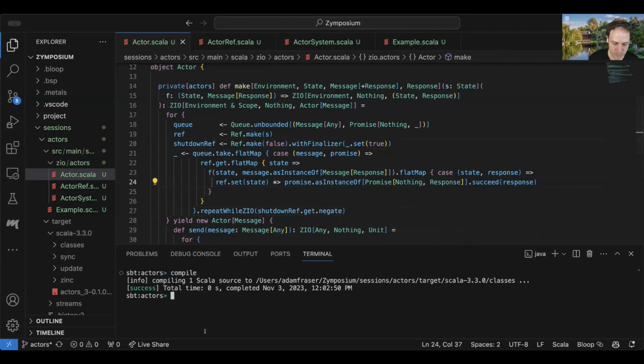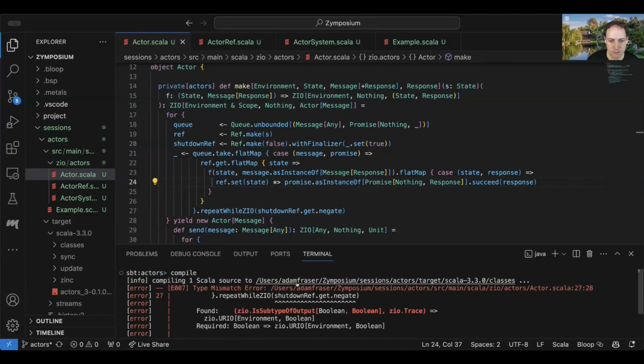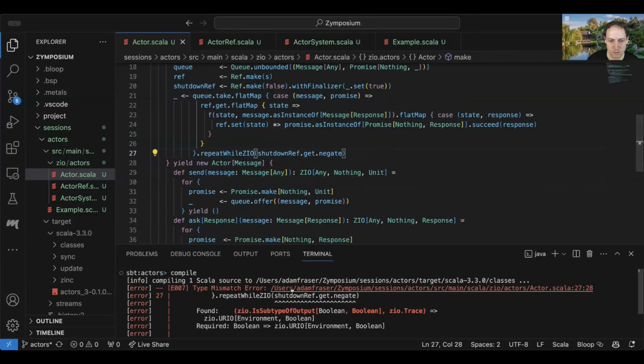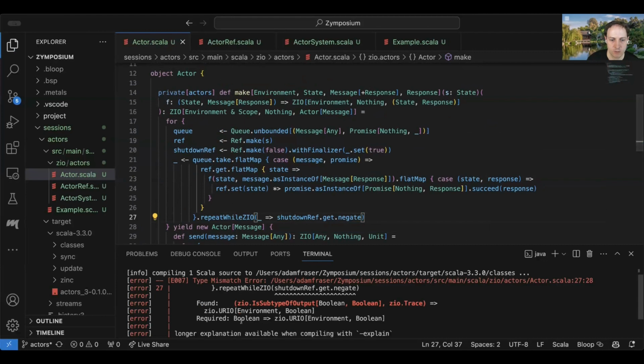Let's see if I actually made that up, if that's valid. This is giving us this output, which we don't care about.